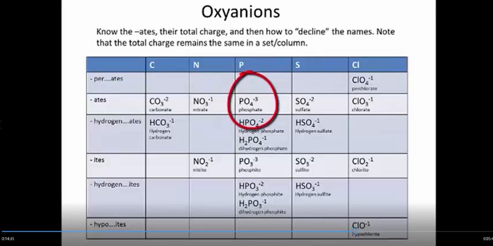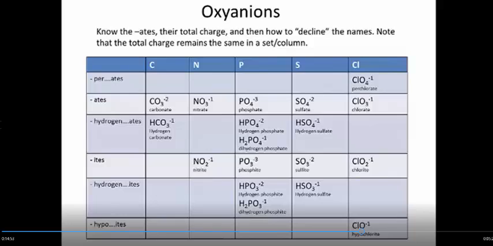Phosphate. 4 oxygens, total charge -3. Sulfate. 4 oxygens, total charge -2. And chlorate. 3 oxygens, total charge -1. Now, I know when you see these the first time, you may wonder, how am I going to keep up